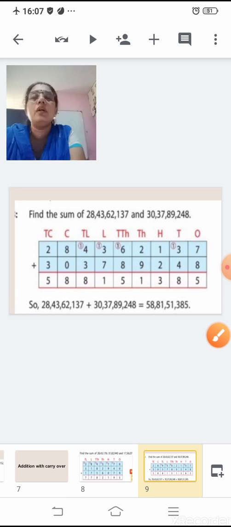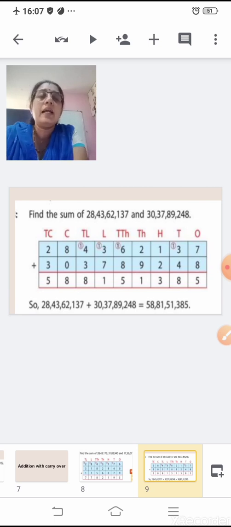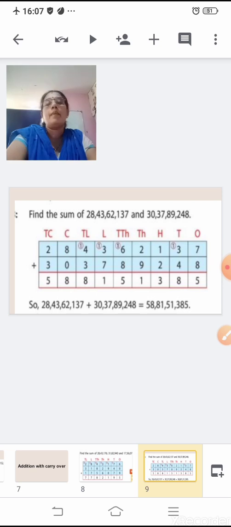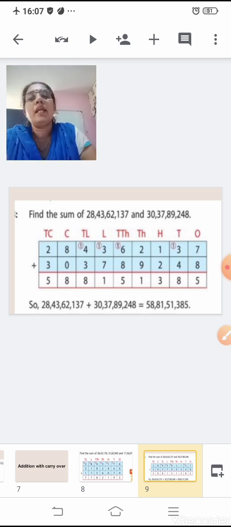Yes. Now here it is, the first addend is a 9-digit number. Okay, quite a big number. And again the second addend is also a 9-digit number. So similarly, the same way you have to add it starting from the ones place. When you add and you get a 2-digit number, the first number you will carry over to the next place. You see 7 plus 8 in the ones place, 15. 1 is carried over to the tens place.